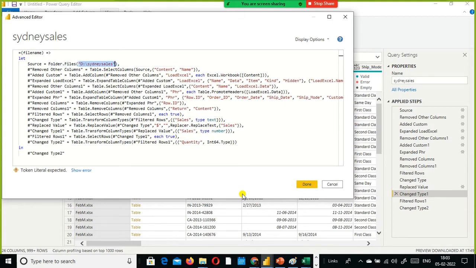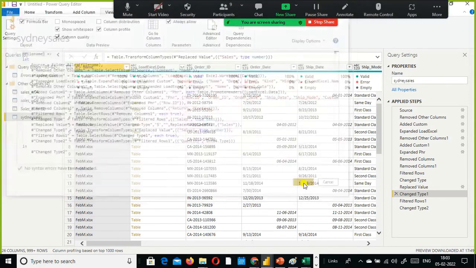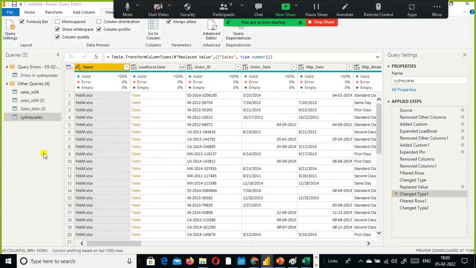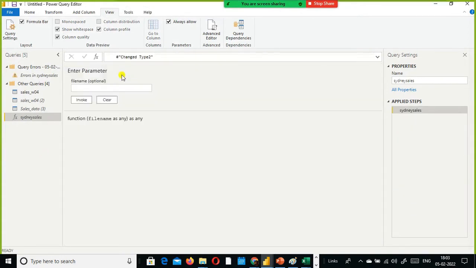Instead of this, I'm going to replace the file name. Look here, so this got converted as a function.